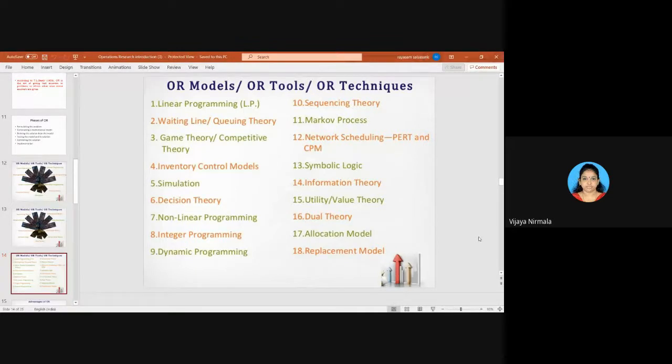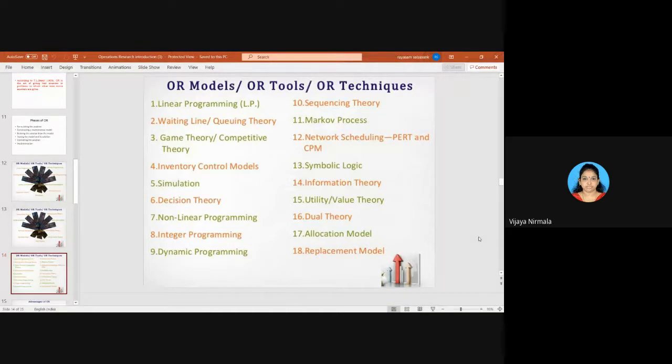And among this also, I think your syllabus has transportation problems also. Transportation problems are there in your syllabus. You can see the syllabus, and based on that, we will discuss each model. But there are only 18 models that we can find, right? And for each model, I will first tell you the procedure to do that